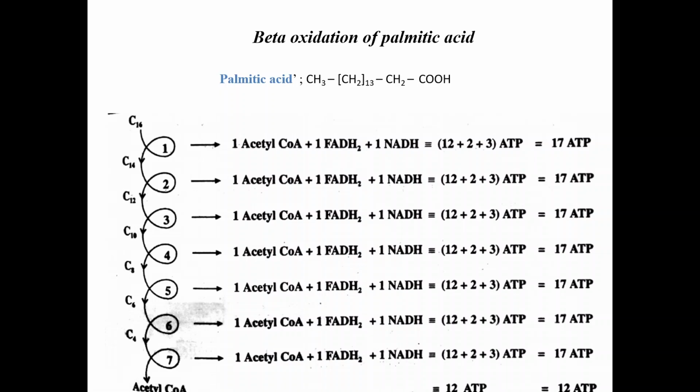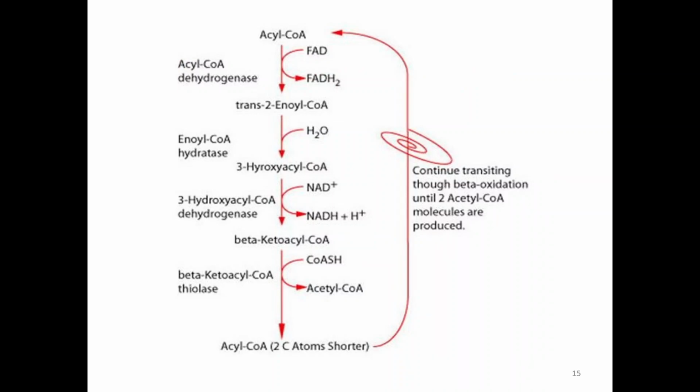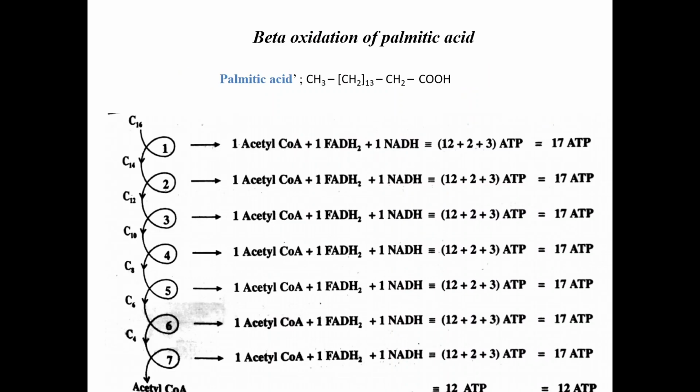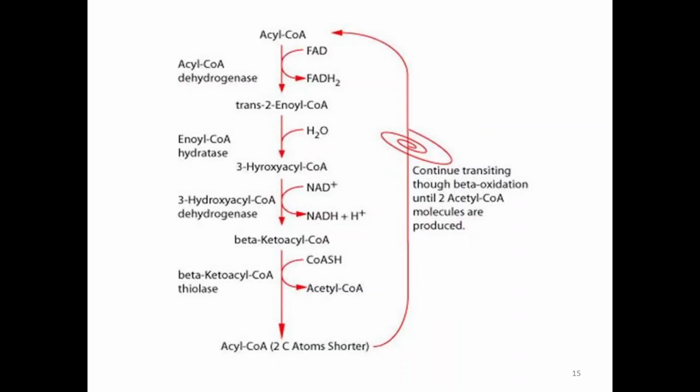So you will be asked to write the energetics of palmitic acid when it undergoes beta oxidation. Before that, in the beta oxidation pathway, you have one FADH2 released and one NADH released. Every cycle of beta oxidation produces one FADH2 and one NADH. These formed enter into the ETC. One NADH is equivalent to 3 ATP. One FADH2 is equal to 2 ATP. So remember, when beta oxidation takes place through these 4 steps, you have totally 5 ATPs released per cycle of